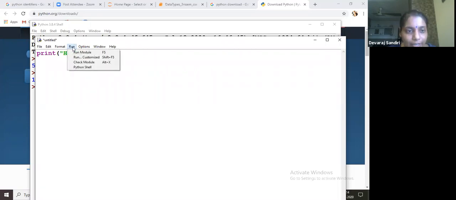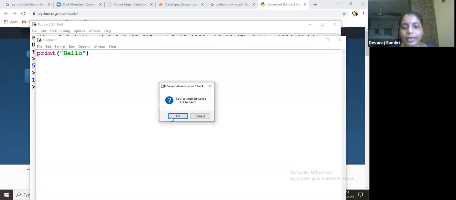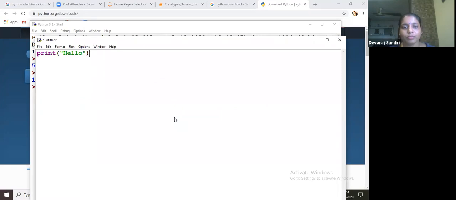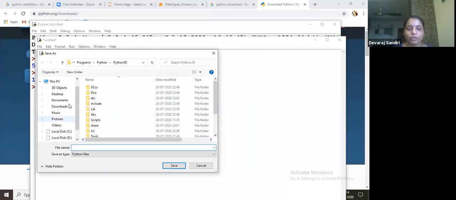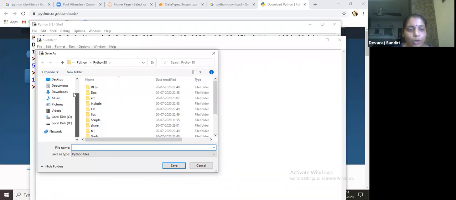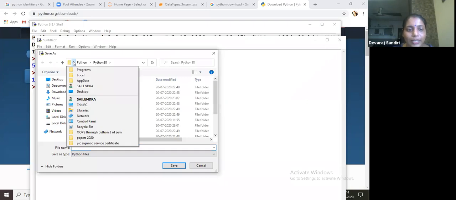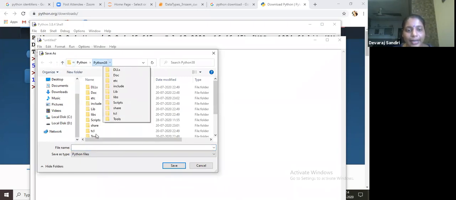Click run module, then okay, then check where it is saved. In programs, Python 38, I showed you now, it is stored there.